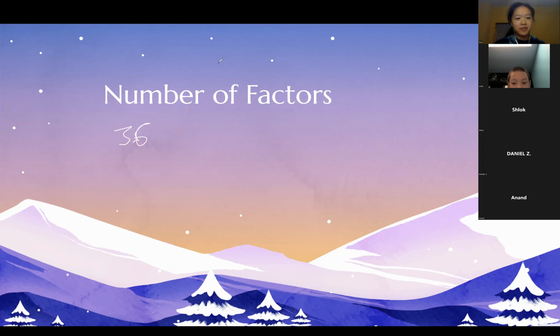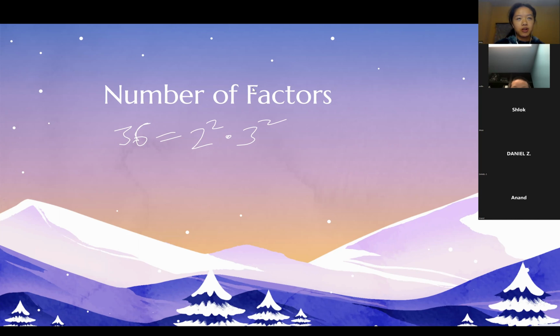First, type in the chat, what's the prime factorization of 36? Type it in exponent form, like a raised to the x power times b raised to the y power. Yeah, that's right. 36 is equal to 2 raised to the second power times 3 to the second power. That's easy to find, right? Then to get the number of factors,